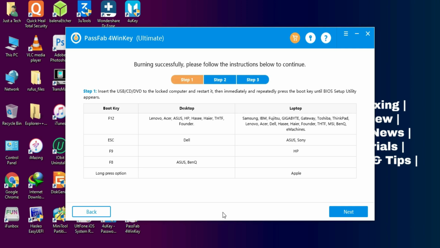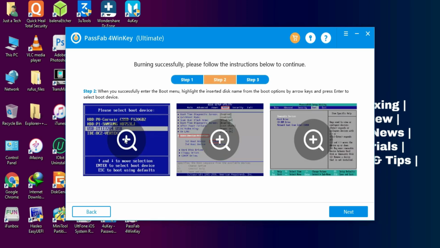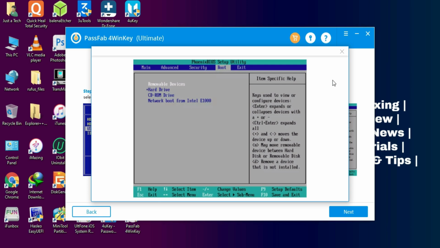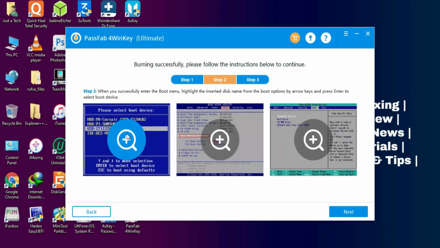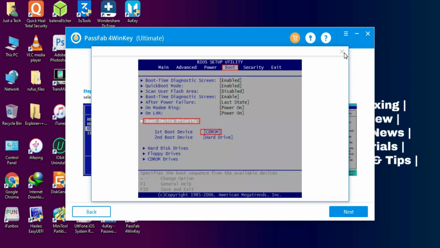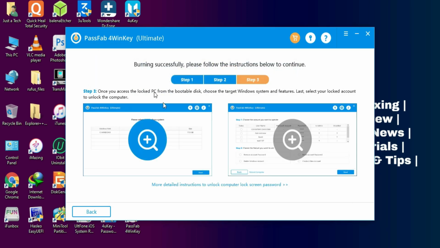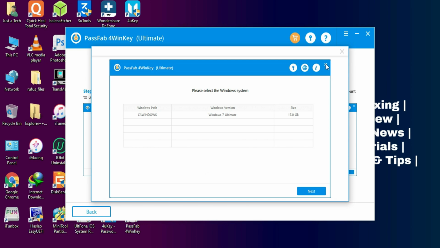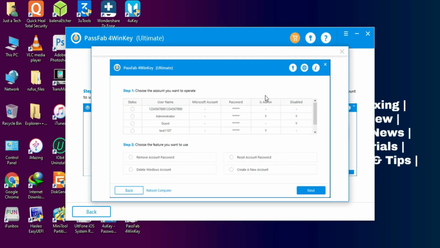Now you need to reboot your PC and then go to your BIOS settings and boot from the USB stick. If you don't know how to boot from the USB stick and go to your BIOS, you can check all these settings, and the BIOS shortcut keys are given here for different kinds of models according to your PC. So you can check from the list and you will get the BIOS shortcuts. You can see the different kinds of BIOS, UEFI and legacy, both are supported. So you can check out all the shortcut keys according to your model, and then you can go from it and boot from the USB stick.